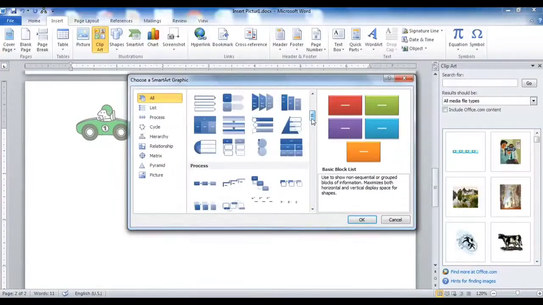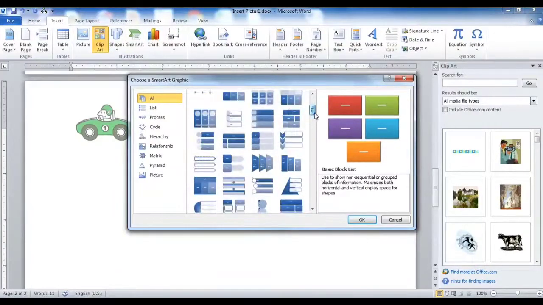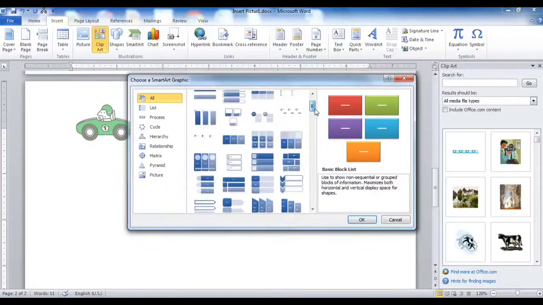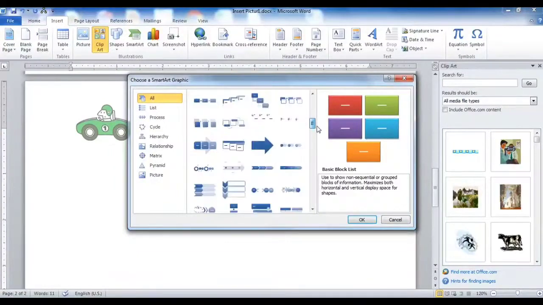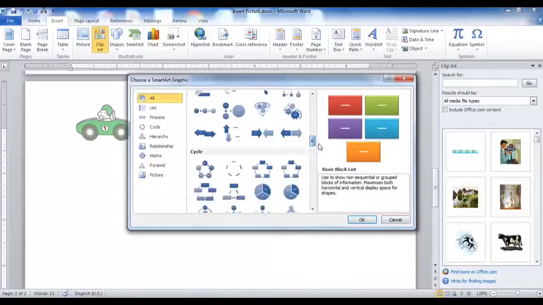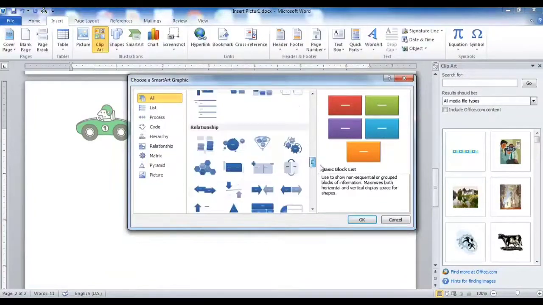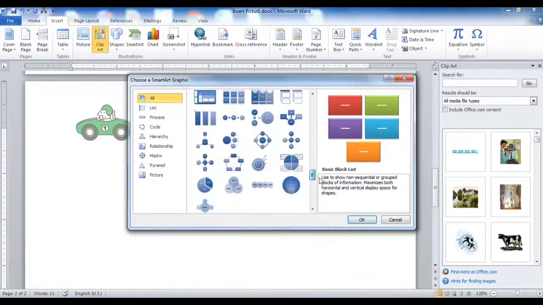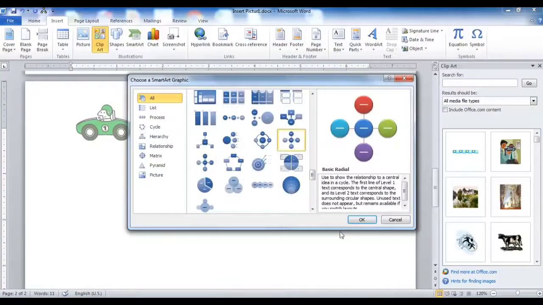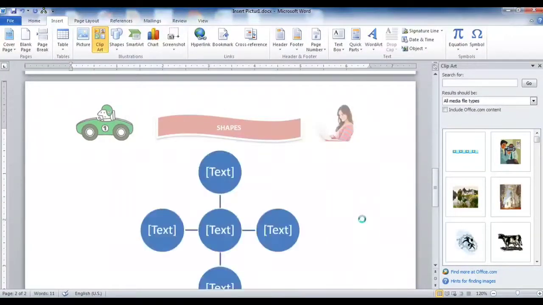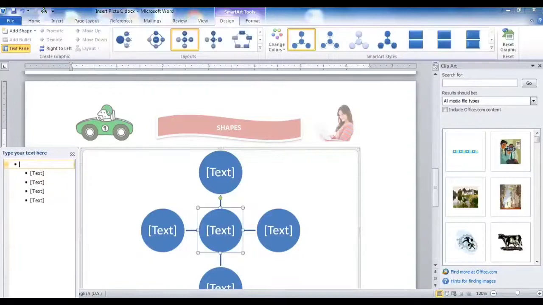Different types of smart art you will see from here, and which you want you can select, like this one. So this I have selected. Click on OK. Then a smart art will appear.